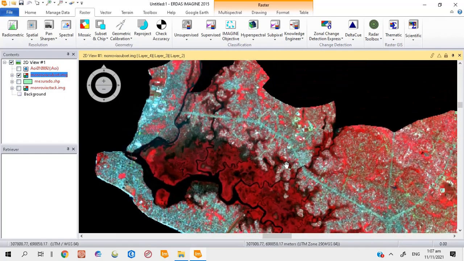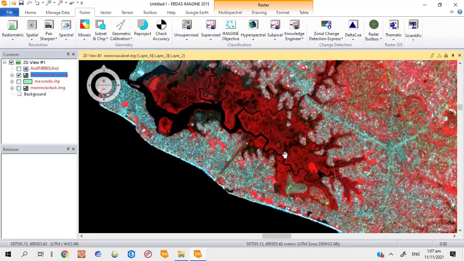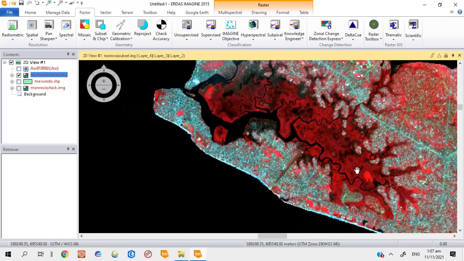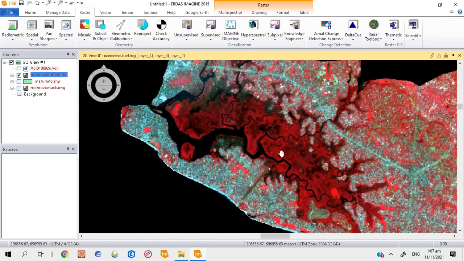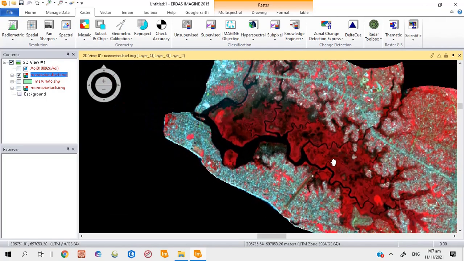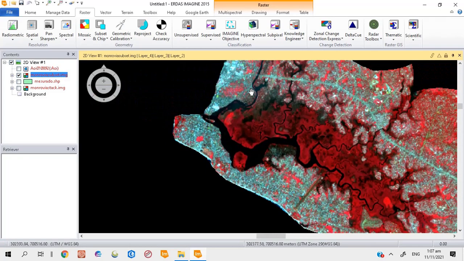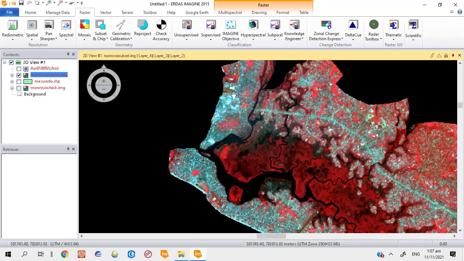So as you can see, like I said earlier, this dark area here, this is the Mesorado River, and then all in here you have a mangrove area, the Mesorado mangrove, which as I said earlier, is a protected area. Now this is Monrovia. As you can see, there are a lot of built up areas. The area you see in this color cyan are built up areas all here. This is a major road,